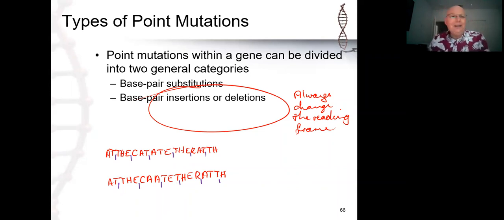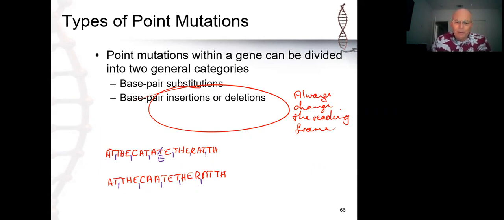If I was to add a letter in, you can hopefully realize that you would get the same thing. If I replaced a letter, so if say I took this T out and replaced it with an E, which would be the equivalent of a substitution mutation, yes, this particular word no longer makes sense, but the remainder of the message, the cat, the rat, is still there. And you could probably figure out what this was. The vast majority of the message is still there, and you can make sense of that. And so substitution mutations typically don't have a huge effect,